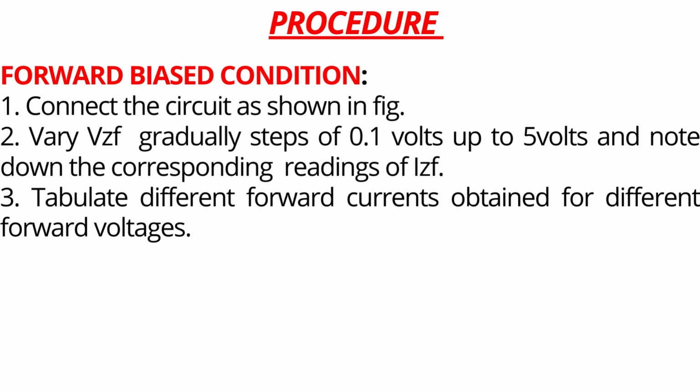Procedure, forward biased condition. 1. Connect the circuit as shown in the figure. 2. Vary VZF gradually in steps of 0.1 volts up to 5 volts and note down the corresponding readings of